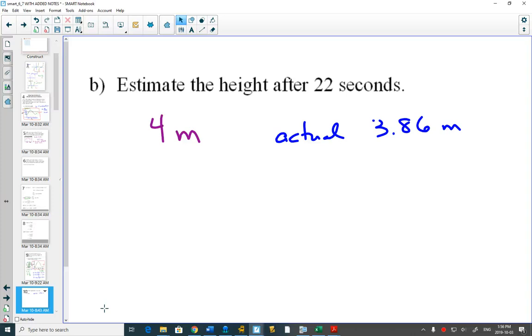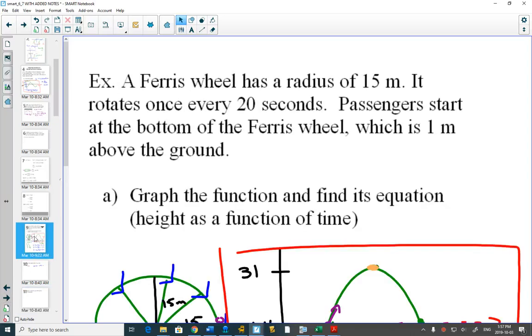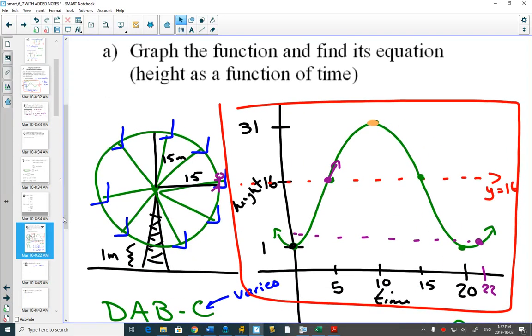Okay, same thing for C. Estimate at what time you'll be 20 meters above the ground. So I go to my picture here, and at 20, which is about here, that time and that time. So I'm going to say if I say 7 seconds,